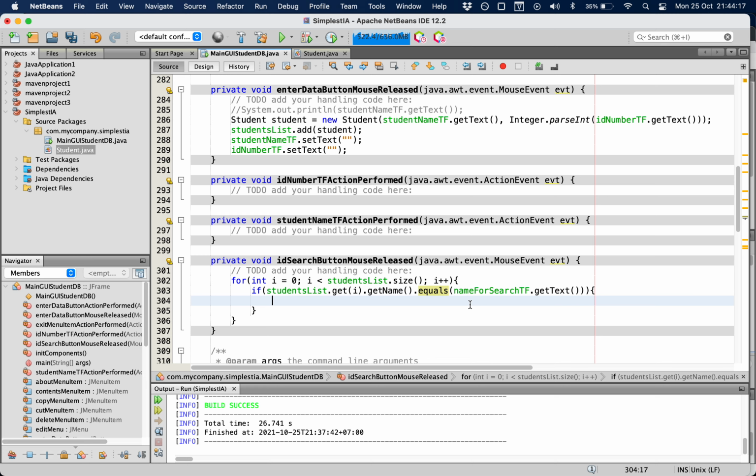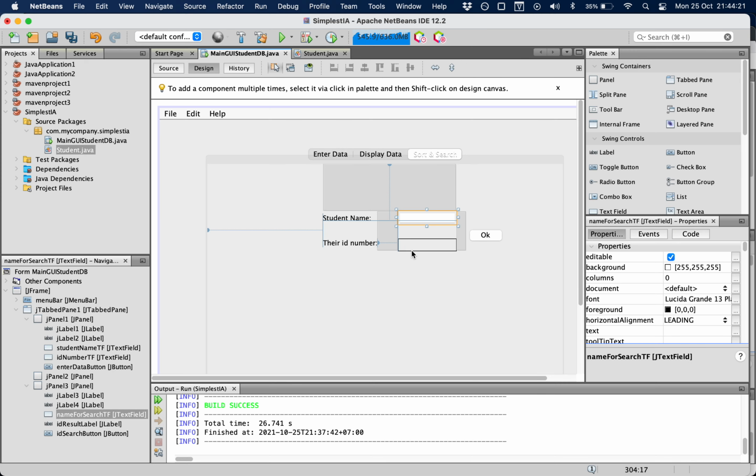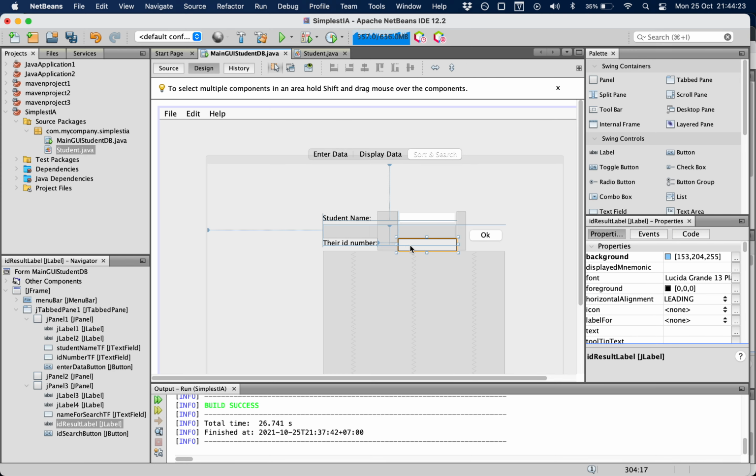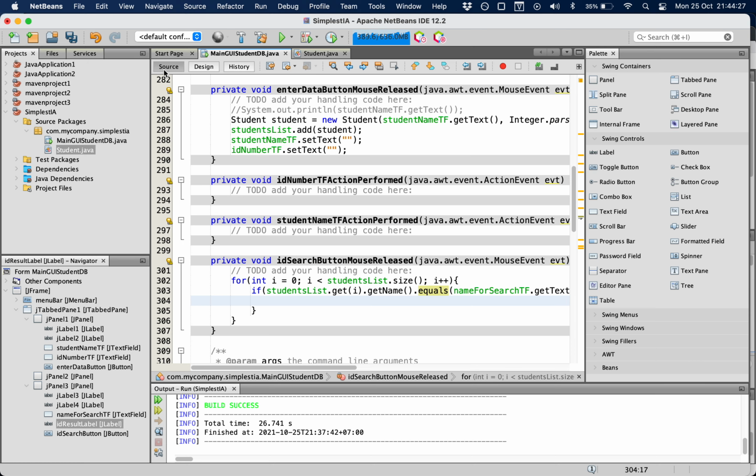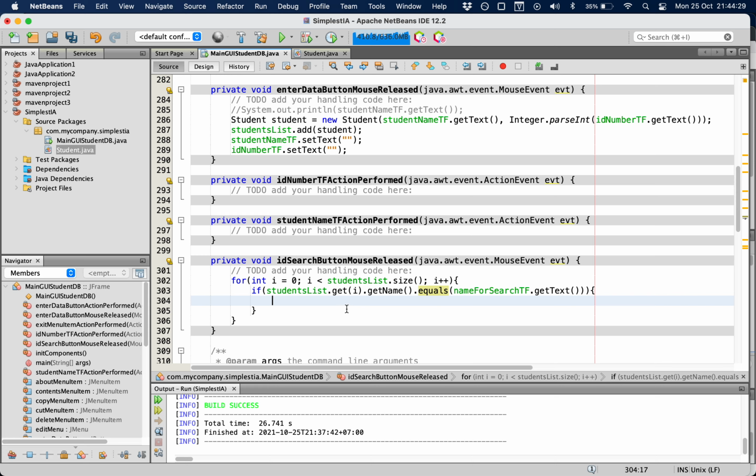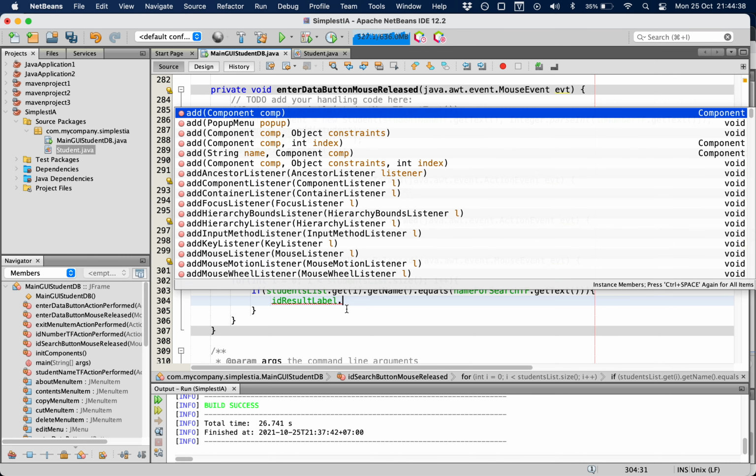And it's going to be the other thing, the ID number, ID result label. Got it? Dot set text